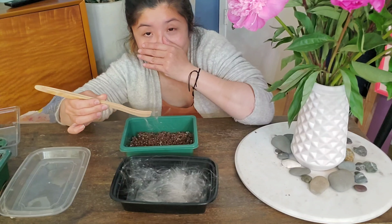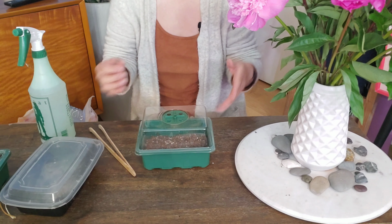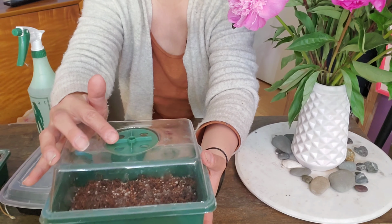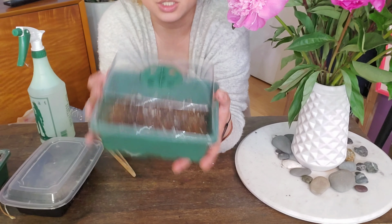So I'm just going to spray it gently. Make sure everything is still covered up. Ta-da! So, there we go. This is the finished product. And the last step is to cover it up. Bam. That's why I like this thing so much, because I don't have to worry about poking holes and stuff like that. As you can see, there are vents up here, so I can just keep it open. That way there's some airflow, but at the same time it will maintain the humidity